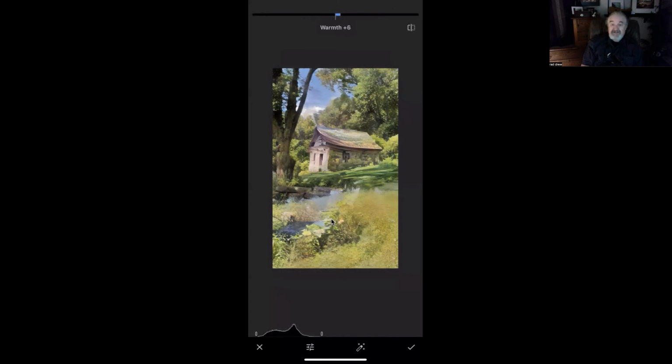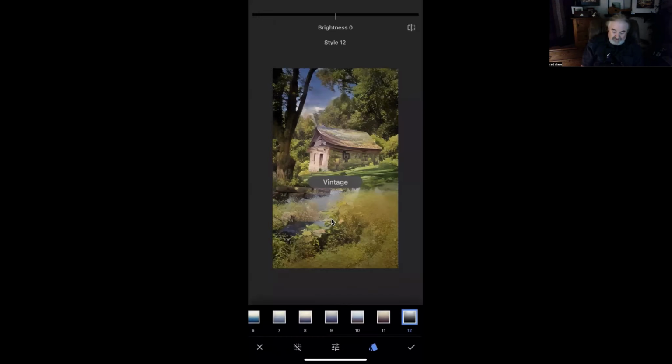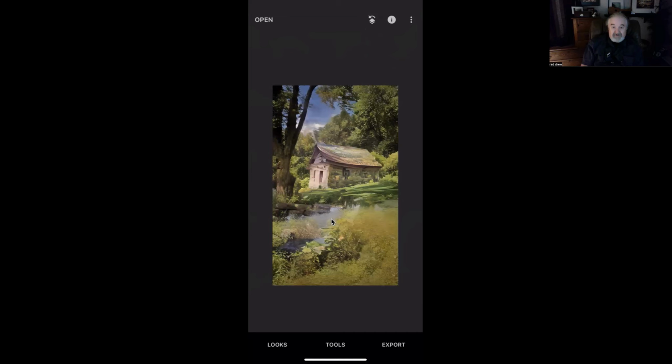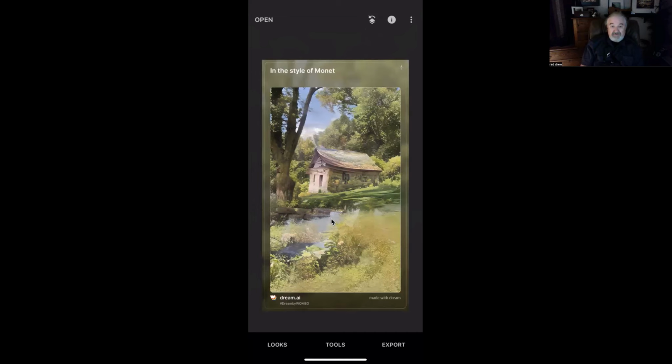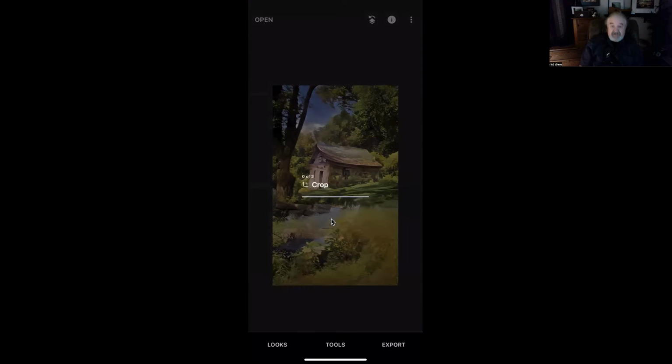So now I'm stylizing the image that the AI generator produced with my prompt words and image. I might add a vintage look to it, which gives it a dark vignette. So now there's our image. There's where it was when we brought it into Snapseed, and there's where it is now. I'll go ahead and save that as a copy back to my